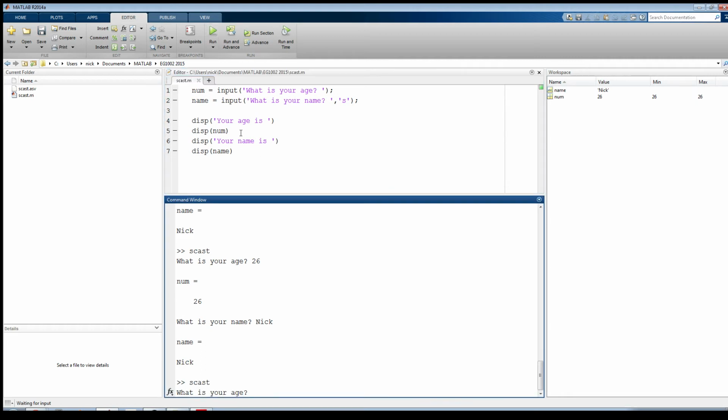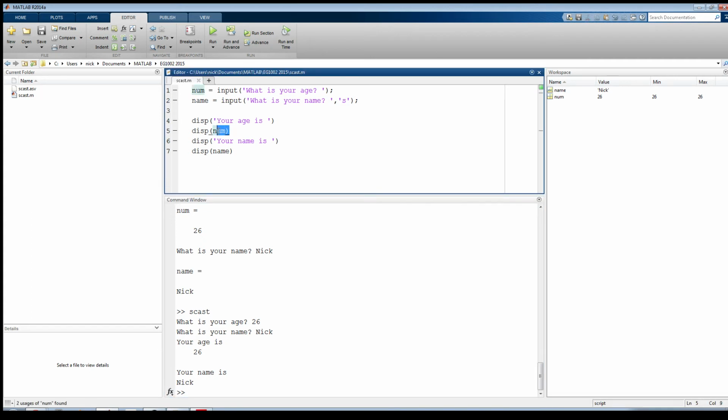So we run this again, 26, and yeah. Alright, so my age is 26, my name is Nick. Now, here, it's looking a little bit clumsy because we want this to be, say, one sentence. And what we need to do is start adding strings together. Okay? So instead of using multiple